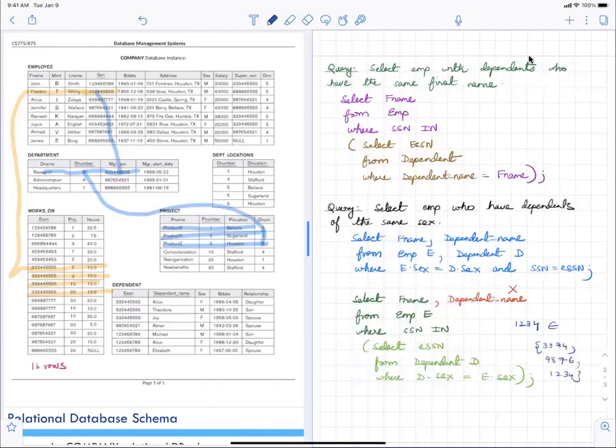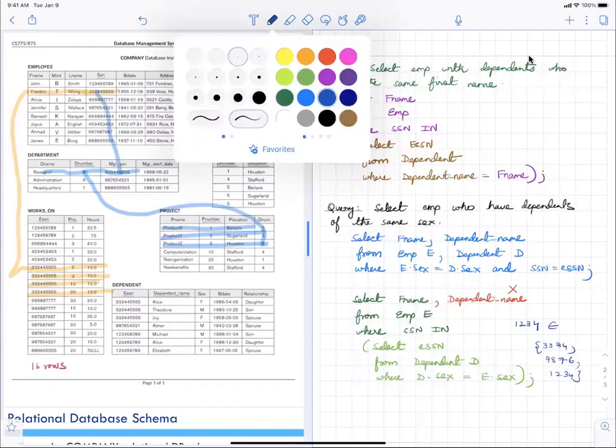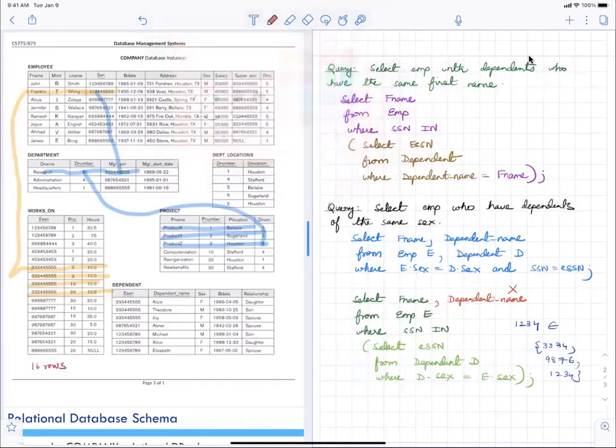Then it moves down to the next line, 3, 3, 3, 4, and again, male. Then the third line, for example, Alicia. So line 3 would have SSN 9998, and she's female. So when it does the subquery out here, it's going to be all the females, 3334 and 1, 2, 3, 4. And then it checks, is 9998 an element of this? It's not an element, so it's not going to get printed out.